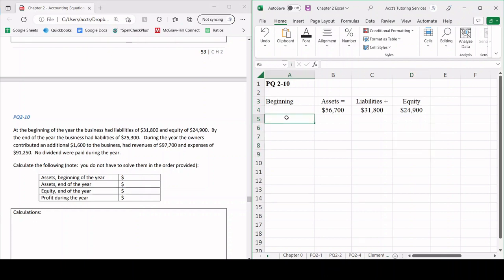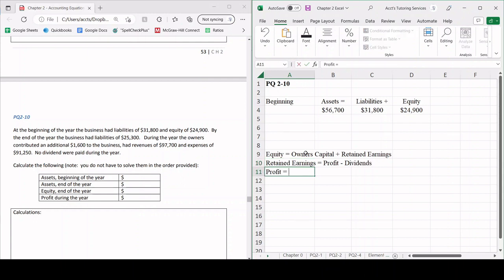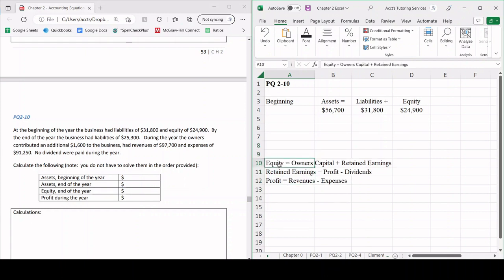So remember, equity is equal to owner's capital plus retained earnings. And retained earnings is a product of profit minus dividends. And profit is a product of revenues minus expenses. Okay, so we're going to work through these three formulas to arrive at the ending balances for equity now. So we know that